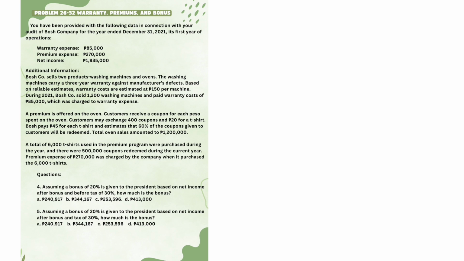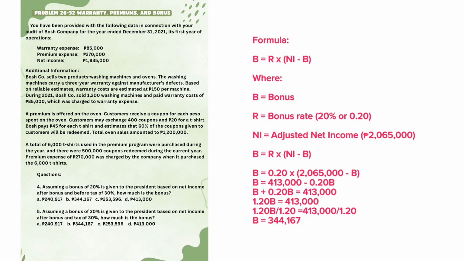Assuming a bonus of 20% is given to the president based on the net income after bonus and before tax of 30%, how much is the bonus? To answer that, let's determine the bonus based on net income after the bonus but before tax. Let's use the formula B equals R times NI minus B, where B represents the bonus, R represents the bonus rate, which is 20%, and NI represents the adjusted net income, which is